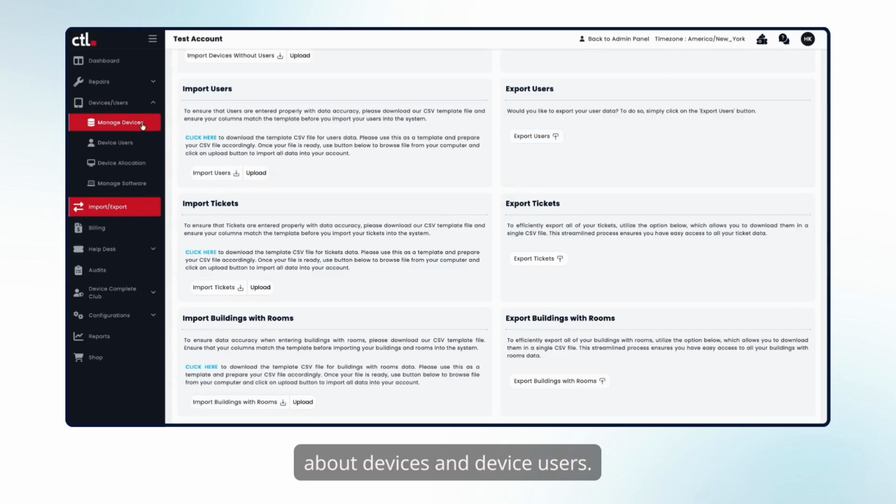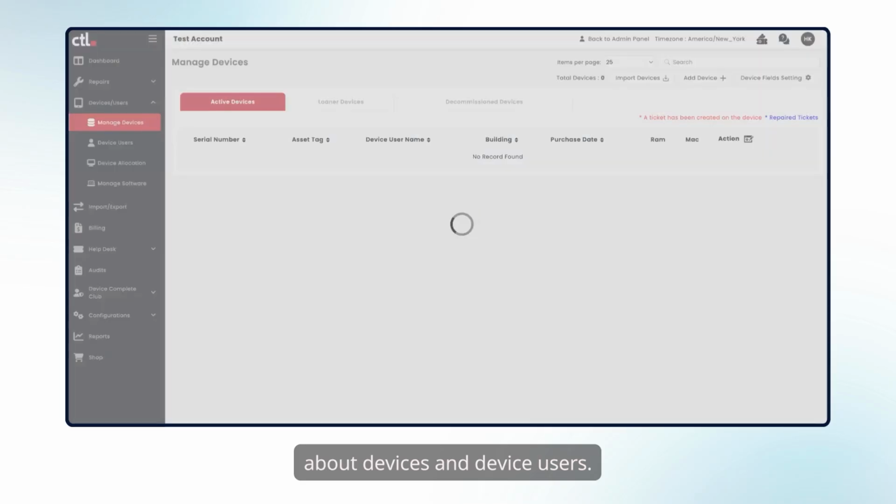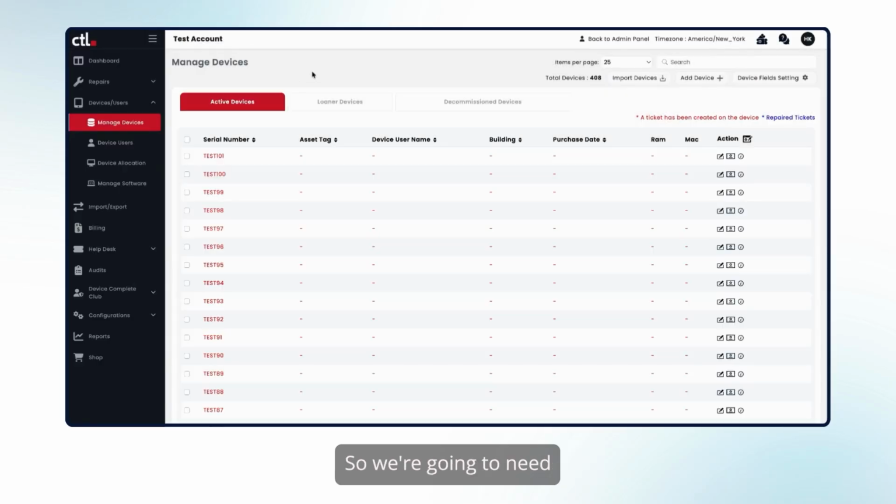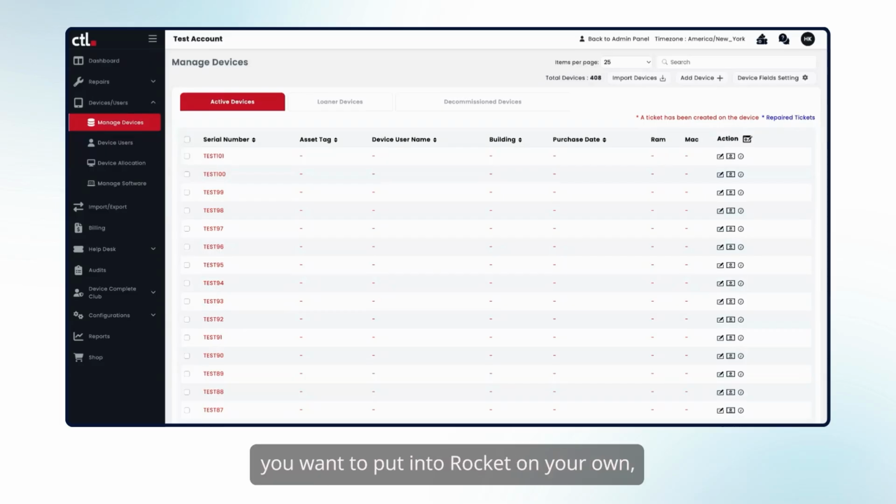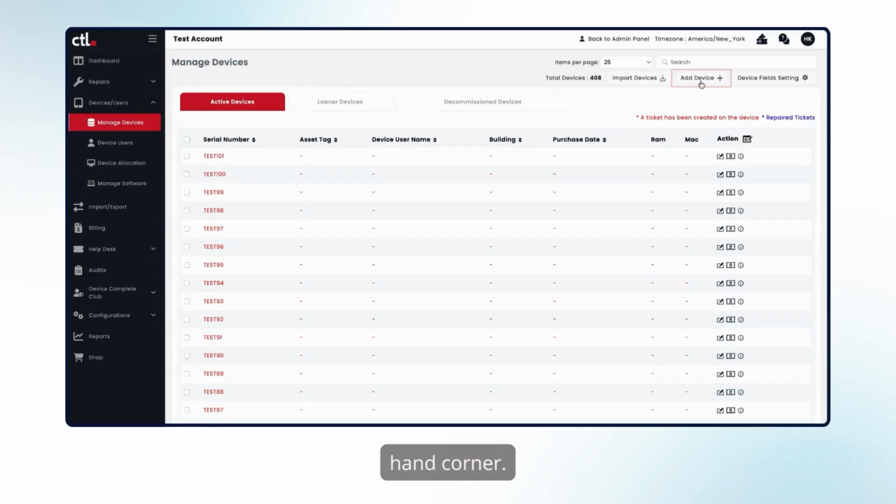Next, we're going to talk about devices and device users. So we're going to need to get those devices into the system. When you purchase devices and you get those serial numbers, your CTL account manager can help get those uploaded into Rocket. But if there's any devices you want to put into Rocket on your own, we're going to show you how to do that. Again, similar to what we talked about, up in the top right-hand corner, you can add